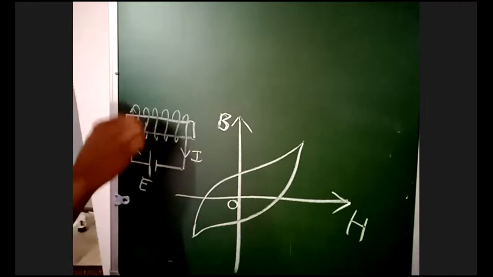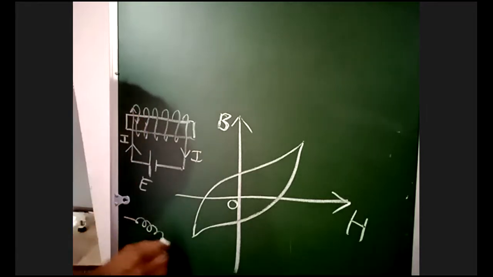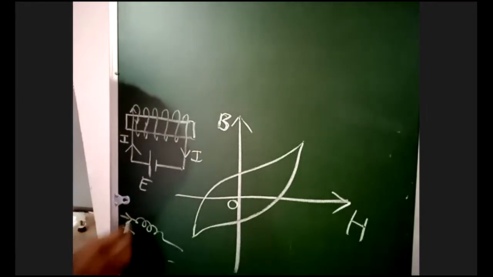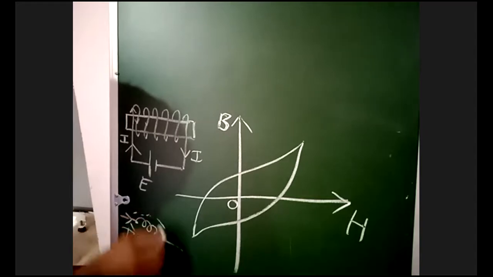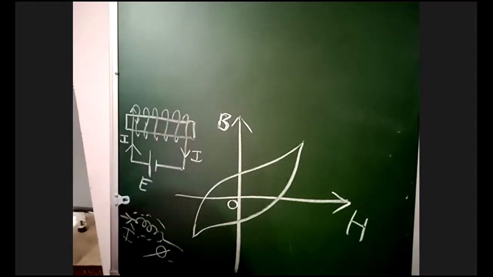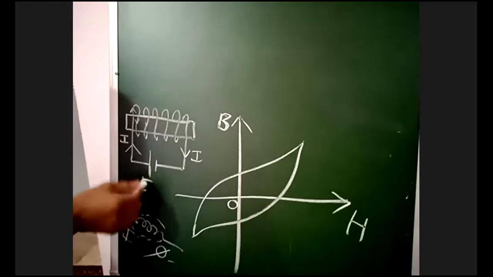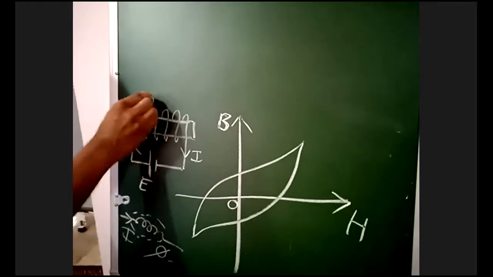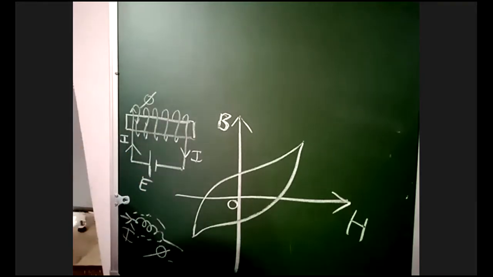Now around the current carrying conductor, I have already told. What will happen around the current carrying conductor? Circulating currents. I am not asking about eddy currents. I told one point yesterday: around the current carrying conductor, with the help of current, we can generate magnetic flux. From an electric quantity, I am generating a magnetic quantity. That means when you use the battery, current is flowing through this coil, and around the current carrying conductor, magnetic flux is generated.